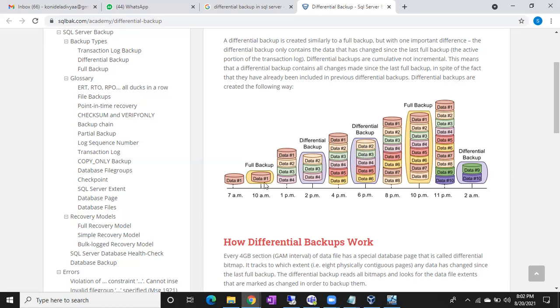What is the last full backup? 10 a.m. How many records are there at 10 a.m.? Only one record. From 10 a.m. to 6 p.m., how many new records are added? 2, 3, 4, 5, 6. So the 6 p.m. differential backup contains all the changes. Is it clear? Any doubts? Differential backup, simply it will take the backup of all the changes since the last full backup.